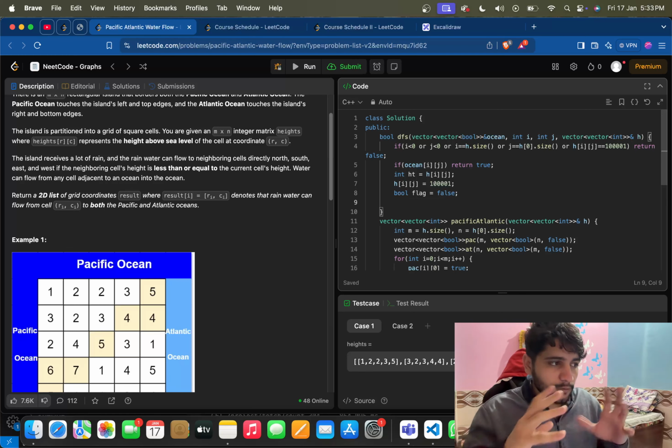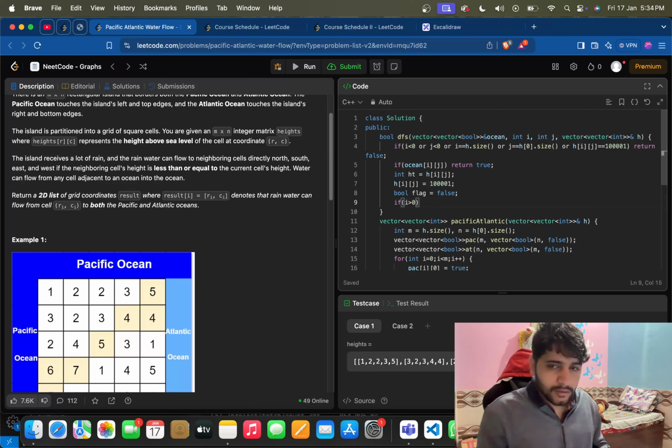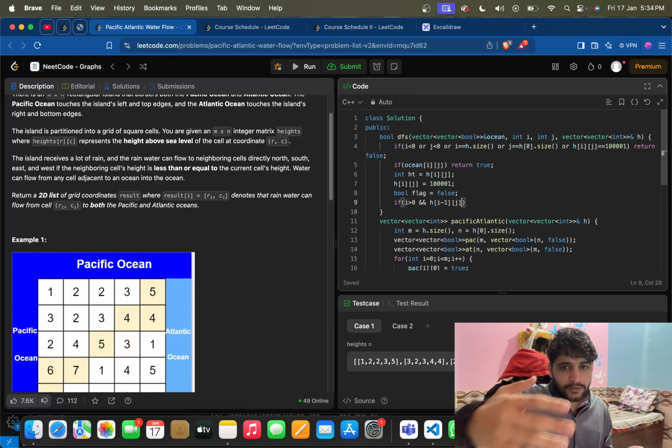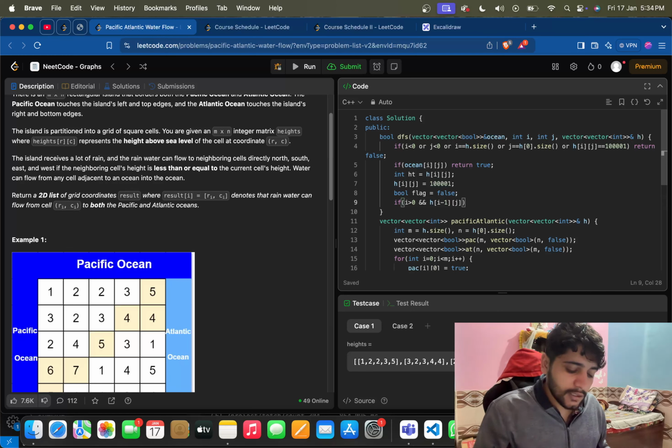So now we are going in the four directions. How can we go in the four directions? If i is greater than 0, then only we can go to i minus 1, right? Then h of i minus 1, j, and only we will go to the i minus 1th direction, meaning the previous row, when it is less than or equal to the current height, and the current height is ht. If it is, then we will go there, and our flag will be